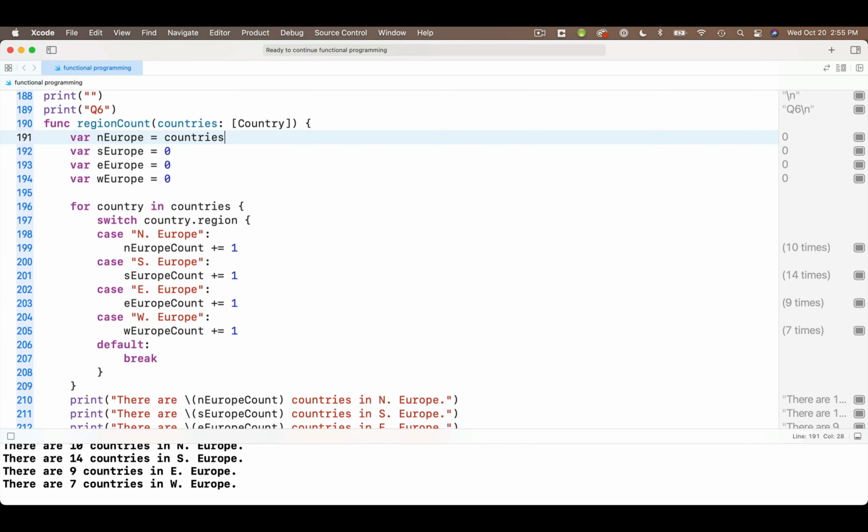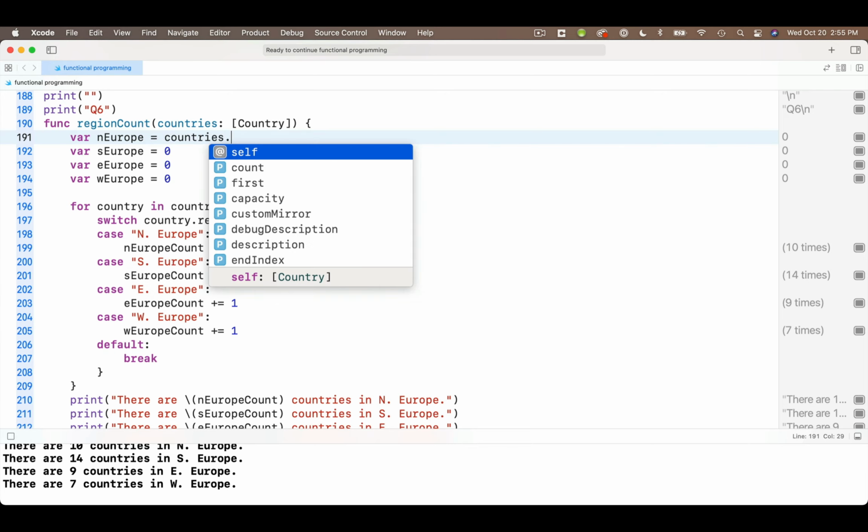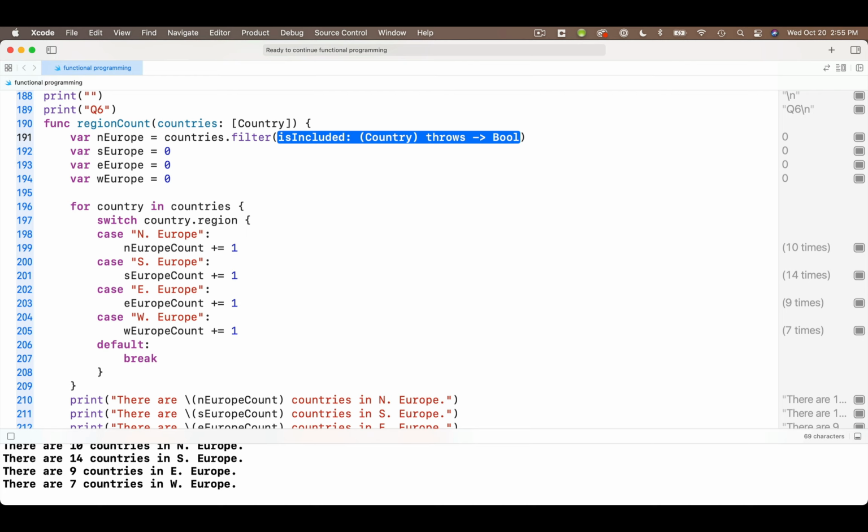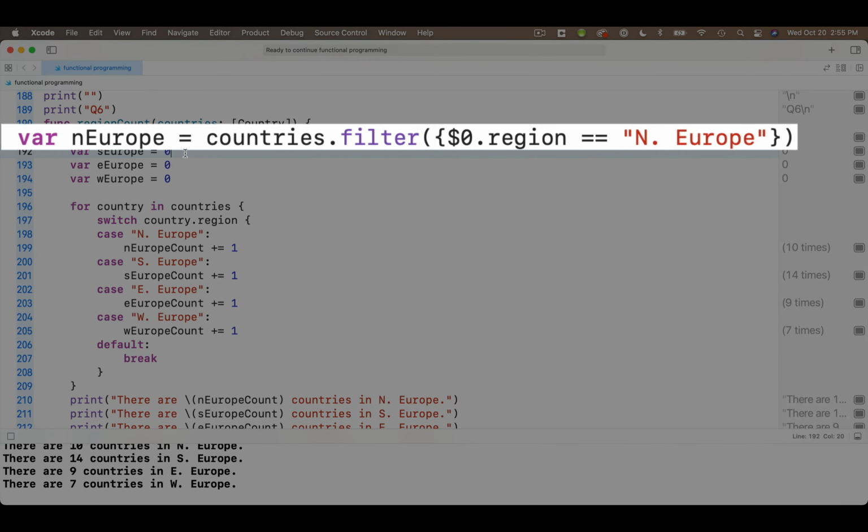And here's how we get that. We simply say countries, our original array, dot filter, and then in parentheses, add open and close curlies, and then in between the curlies, we're going to add our criteria. So we'll say $0. That's a weird syntax, but it represents each element in the countries array one by one. Then dot region, so we're looking at the region property of each individual element in the array, and then we'll say equals equals, so we're checking to see if the region property equals, and then in quotes N period Europe. So what it'll do here is it'll extract all elements of the array where that element's region property equals N